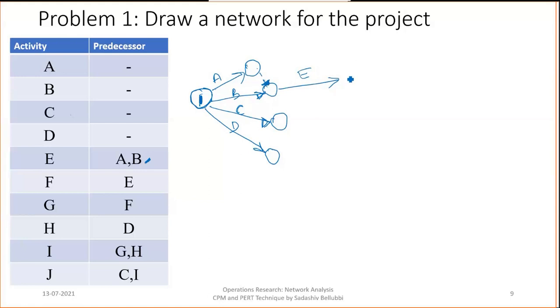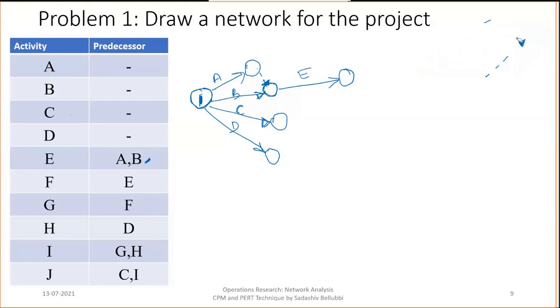So what is the starting point of the E activity? This is the starting point of the E activity. At this point, A and B both are finishing. Either you can draw like this, or there is one more option: this is A, this is B, and you can connect from the dummy here also, which is accepted, and next take the E. You can take either one. The dummy activity should be drawn with dotted lines, and the actual activity should be drawn with a straight line.